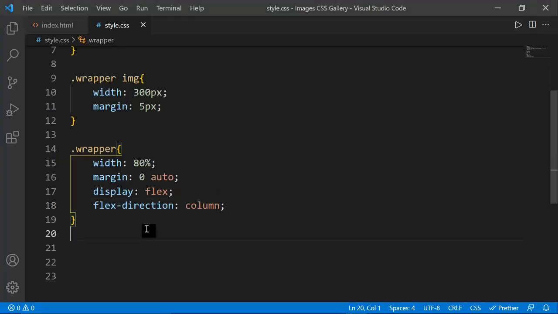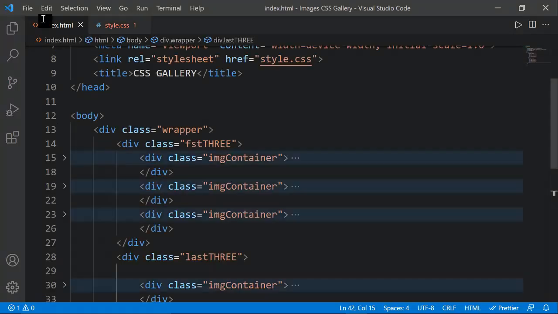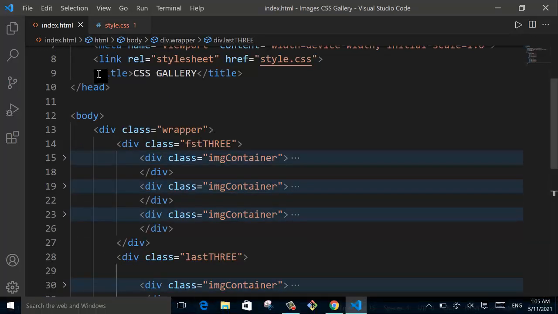Okay, the next thing that we can do is we can target the FST 3 container that has 3 divs, and then the dot, I think the dot last, not, maybe it is small, so let me check it first. This is first 3, this is last 3. Okay,